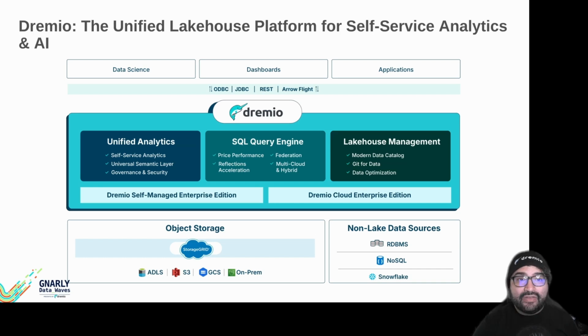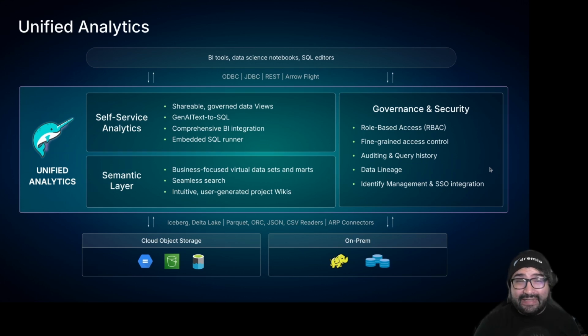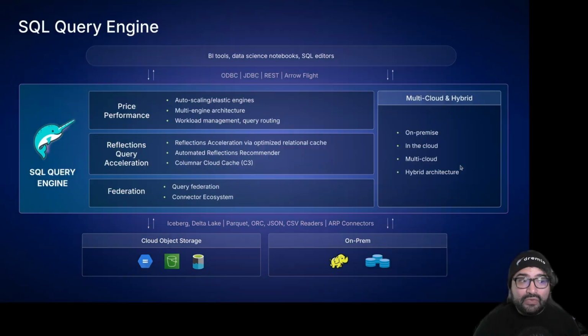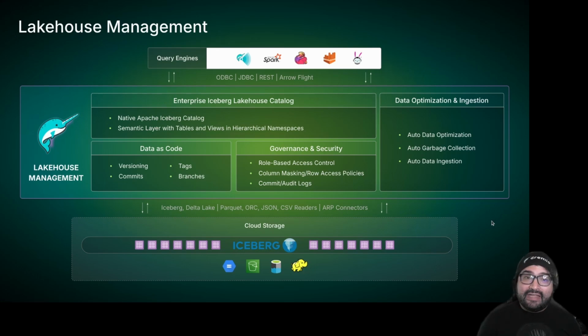We generally provide value to people who are implementing lakehouses in three tiers of value, which include unified analytics, the ability to connect all your different data sources between data lakes, databases, and data warehouses all in one place, so that we can federate queries using our powerful SQL query engine that also enables really fast acceleration, along with our Lakehouse management features that include an integrated catalog that not only allows you to track your different data lakehouse tables, but also have optimization of those tables, governance of those tables, and be able to actually do versioning of those tables all from one place.